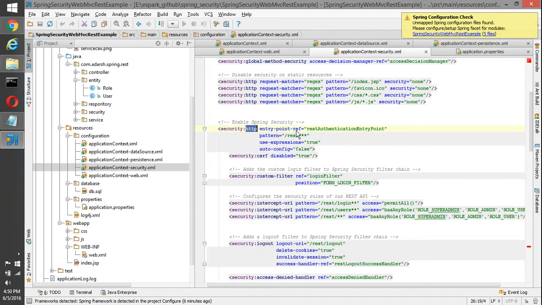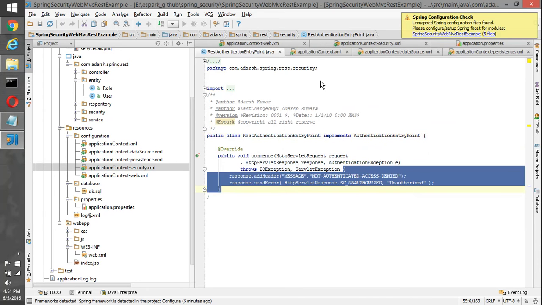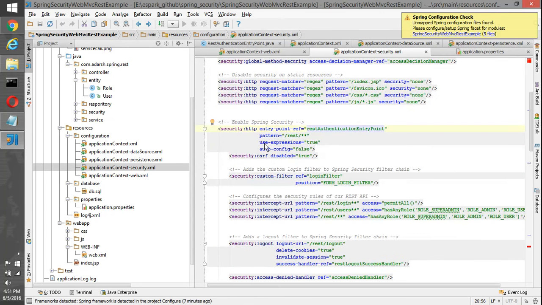Then we have an HTTP configuration where the REST authentication entry point is configured. In the REST authentication entry point, we are just marking the request as unauthorized. Then we have a pattern here. So any request that comes with /rest, this HTTP configuration is going to intercept and evaluate.